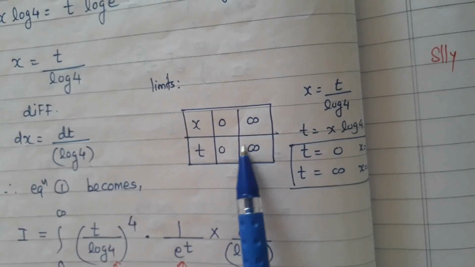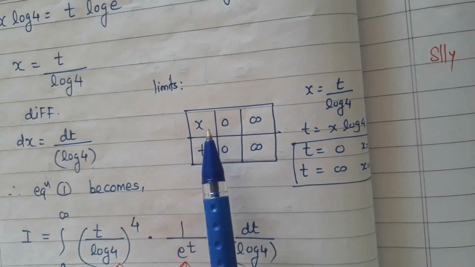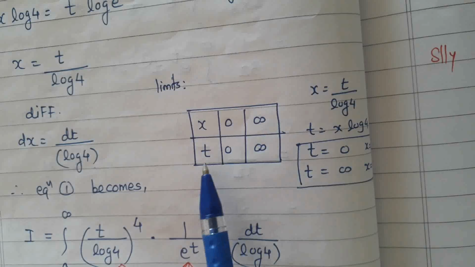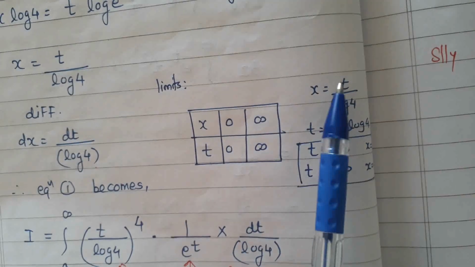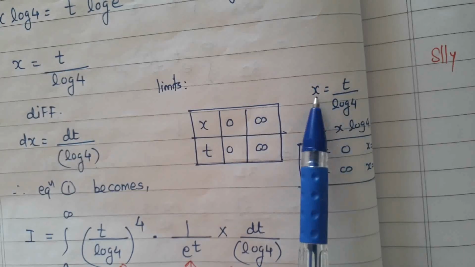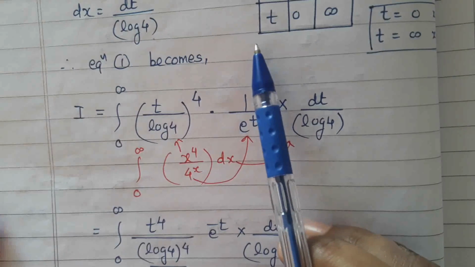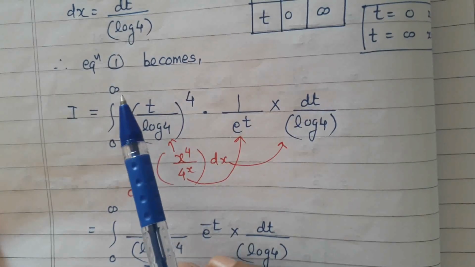Along with this, change the limits also. If x is equal to t upon log 4, old limits for x are 0 to infinity, find the new limits for t. So if t equals 0, x becomes 0. If t is infinity, x becomes infinity. Therefore equation number 1 becomes integral 0 to infinity